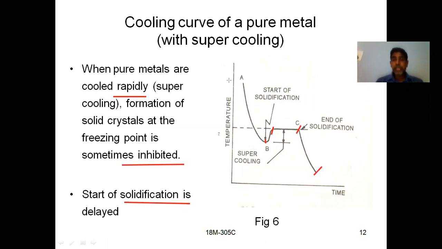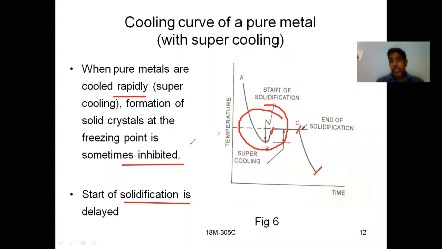So you are taking time here and temperature here. What is the difference? Only this is the difference we are observing here. Actually you would have a straight line here, but here it is moving down, the temperature is down, and later it gets to the normal temperature of solidification, and from here the solidification is started. Actually it should have started here only, because it is moving down here.